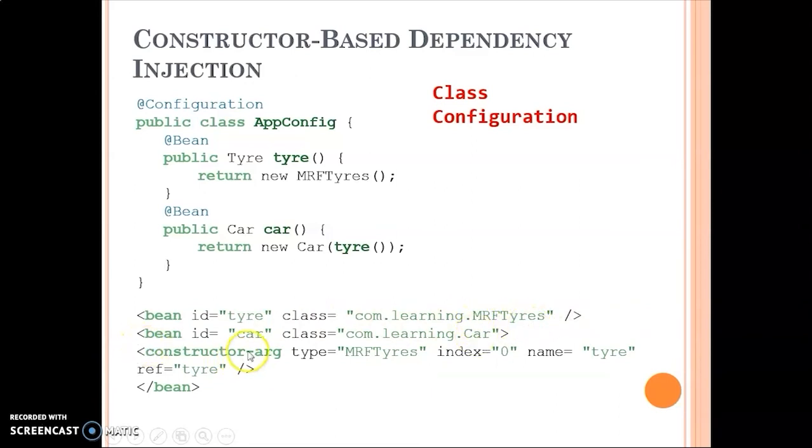com.learning.mrftires. Similarly, I have a car class, for which I'm creating a bean here, and I'm saying the class of this is going to be com.learning.car. So this is where I'm actually providing the physical packages. Where exactly are these classes present? What you need to notice here is that this particular bean tag gets over here itself, but this one does